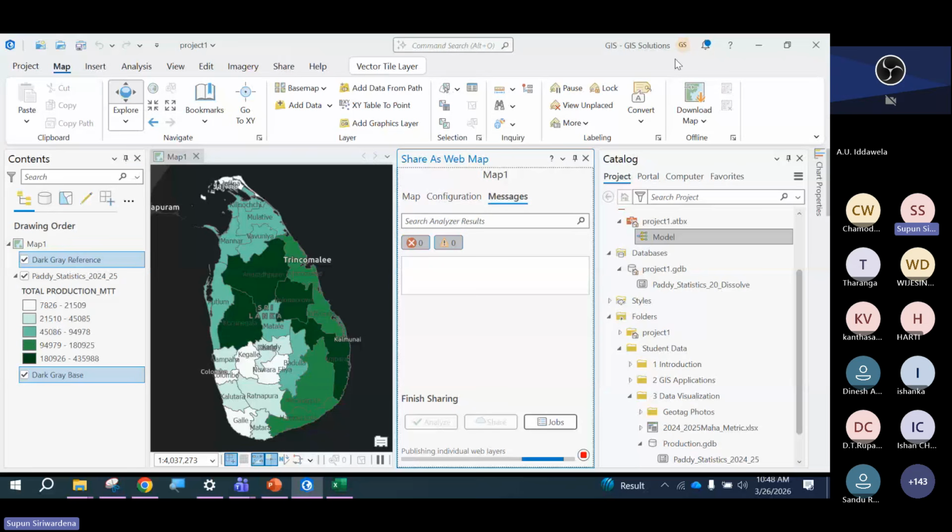So there are two different methods. One is the cloud-based online environment. The other method is the on-premises WebGIS environment. That is called ArcGIS Enterprise. Both ways we can publish web maps into a portal environment. So it will take a little time depending on the internet connectivity. It should come in the ArcGIS Online environment